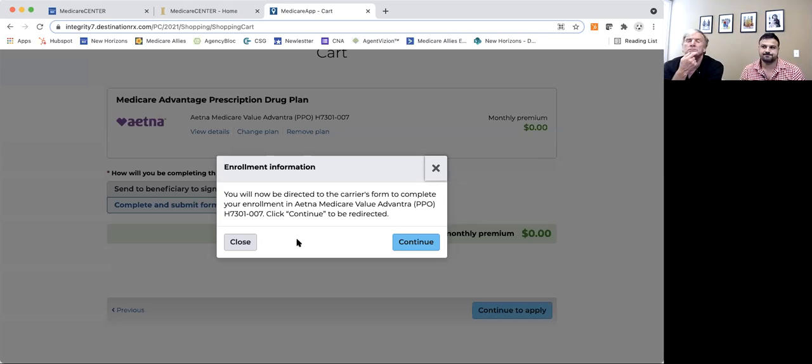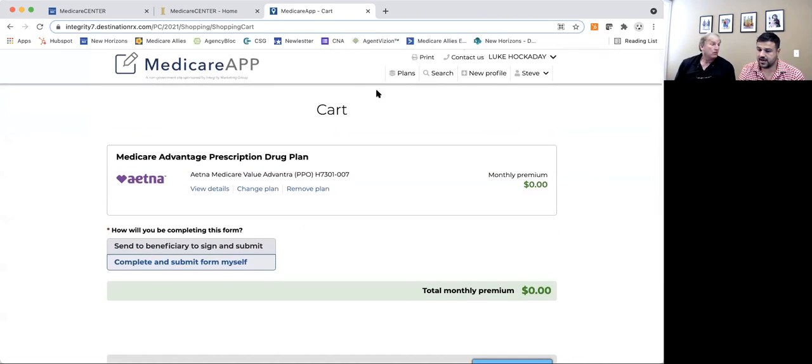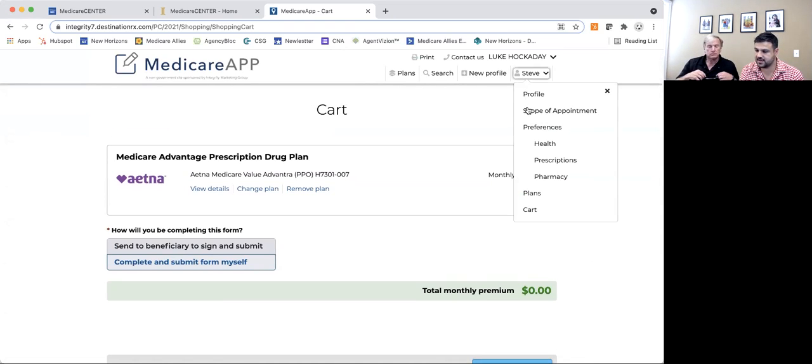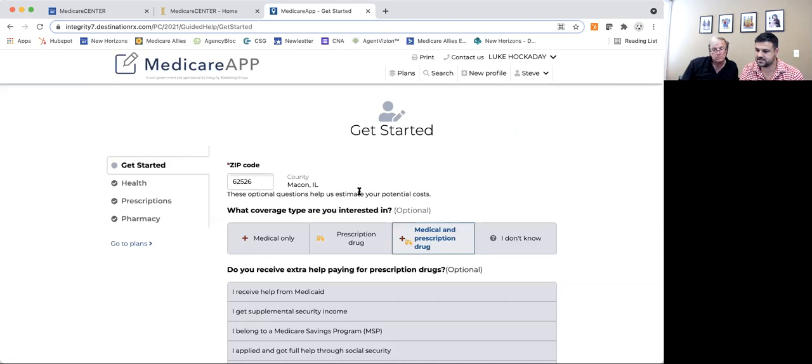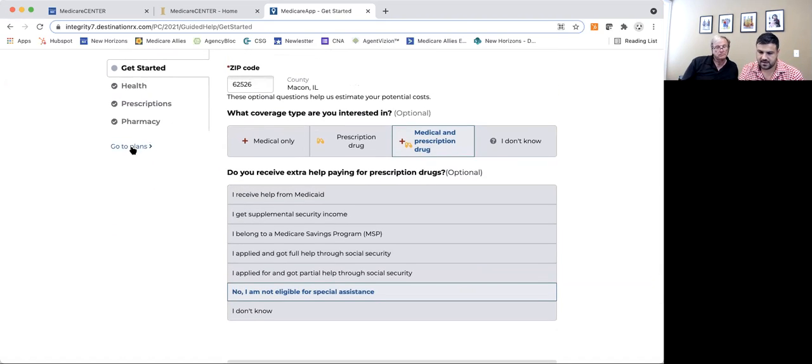Not in order. We should check providers though too, right? Or are you trying to convince an MA prospect to change docs if they need to? No, that is a great question. So if we come up here and again, we look at their preferences,